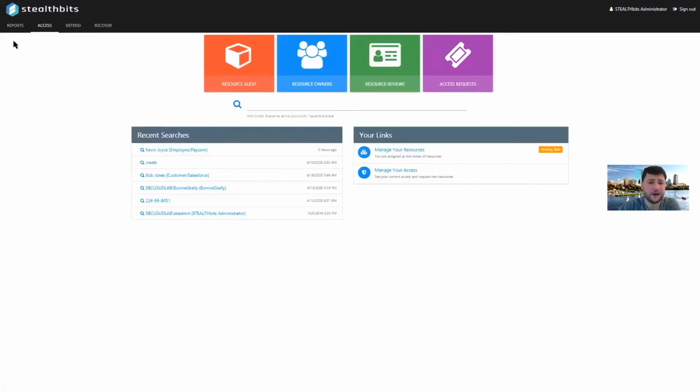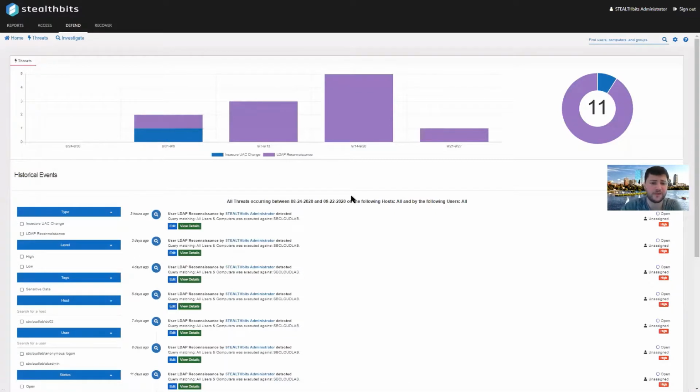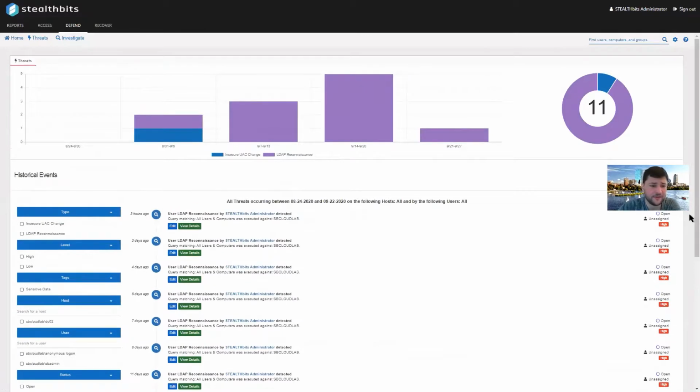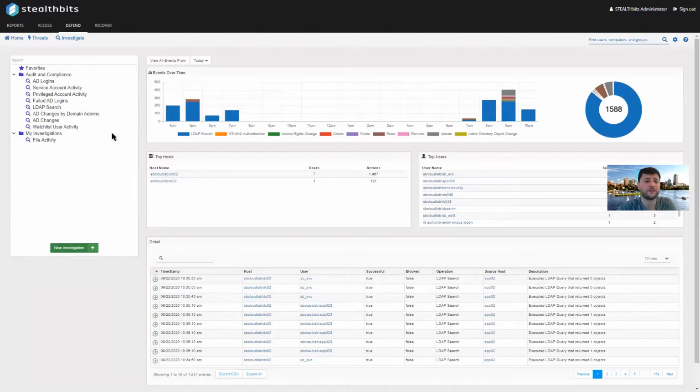So now we've talked about how to spot inappropriate access, how to remediate it, how to achieve a least privilege model, how to implement entitlement reviews and self-service access requests on an ongoing basis. I do want to show you the threat models as well. So when I get into real-time threat prevention and response, I can go through all these different things, both attacks against the domain and attacks against the data itself, like an exfiltration attempt or an Active Directory attack or anything else. I can see the different attacks here. I can investigate, and either using the included threat models or my own custom investigation filters,